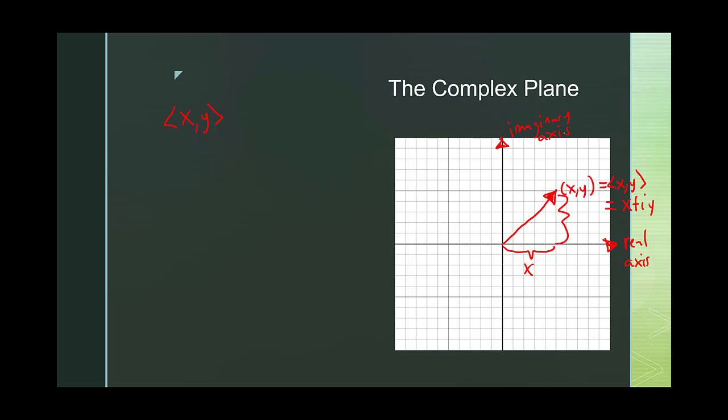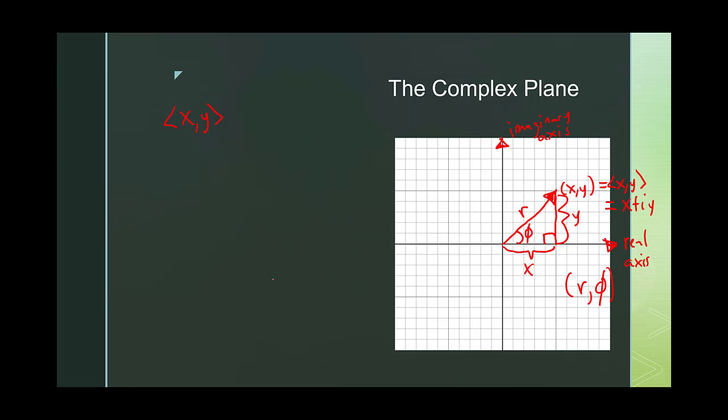Now remember back from Calc 3, we could think about points not in what we would call rectangular coordinates, but in terms of polar coordinates. So if we construct this right triangle here, if I drop straight down, the hypotenuse becomes what we would call the length, or our r, and the angle that our vector is making with the positive real axis, in this case, we're going to call phi. So instead of thinking about the point as x comma y, where you go along the x-axis and the y-axis, we think about it as the polar point r comma phi.